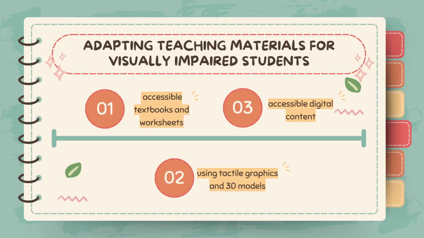Next, you can provide descriptive alternative text for images. So when using visuals in presentations or online content, adding a descriptive alternative text helps screen readers convey important information. Another strategy is to use audio described videos. So in subjects where videos are necessary, including audio descriptions ensures that visually impaired students understand what is happening on